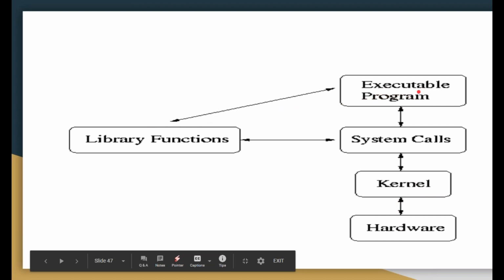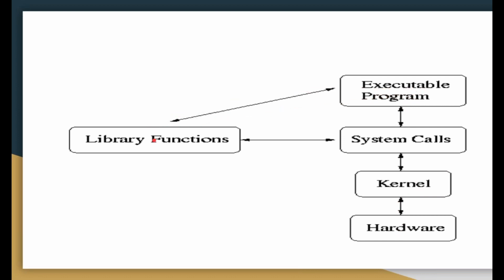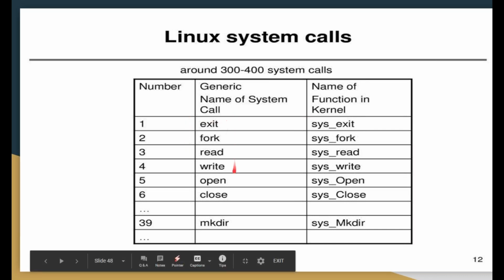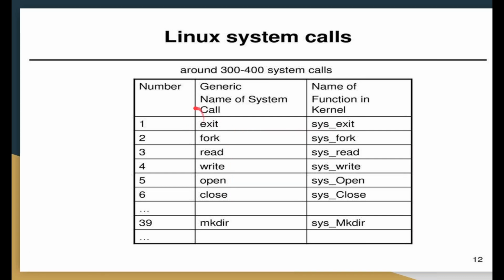Similarly, you can execute programs by calling system programs or system functions. These are the executable programs written by the user, and these are the functions, DLLs, or user-defined and system-defined functions that are called by this. Indirectly, they call the system calls. A few system calls already discussed are read, write, open, close, exit, and fork. These are the names of the system calls, and these are the functions written for them. So these are all your system calls.